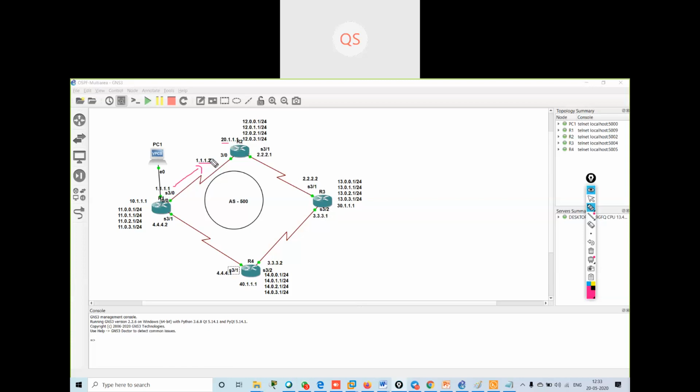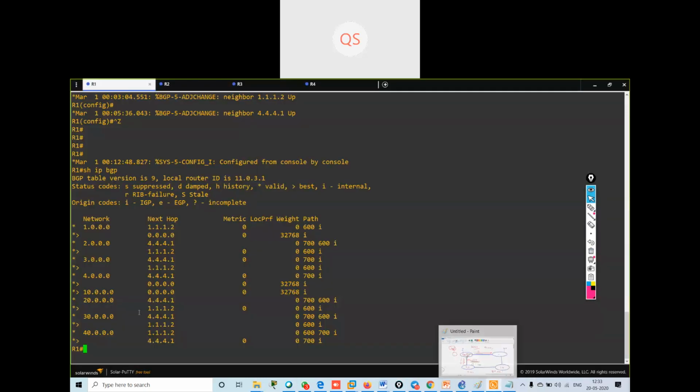Now I want that if R1 wants to go to any network, it will use the path via R4. So I will change the weight attribute. You can see weight attributes are 0 everywhere. Got it?